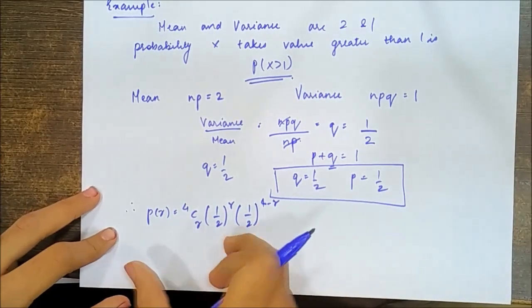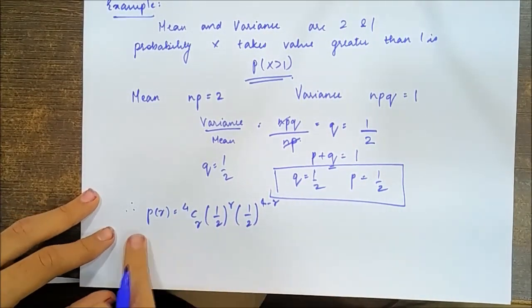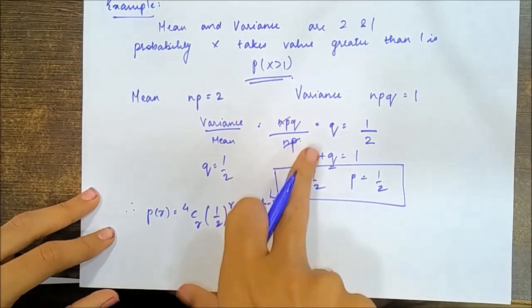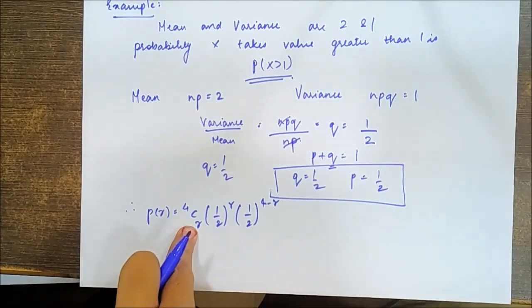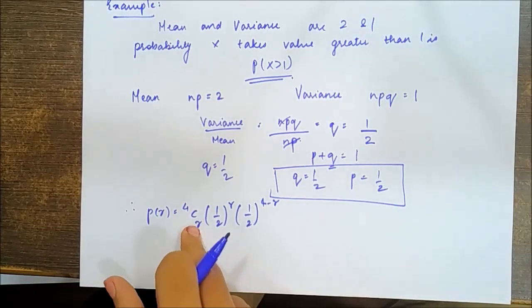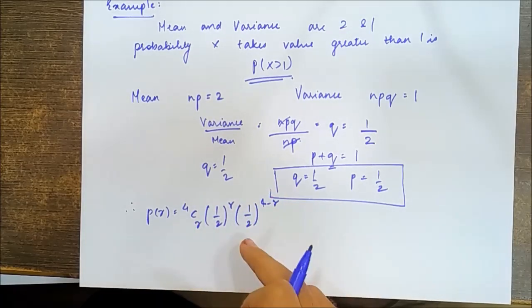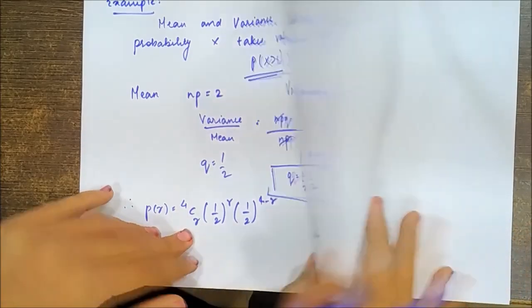So what we have done is basically substituted the formula here, that is P(R) is equal to nCR. N is nothing but 4, because I found out N is equal to 4 by substituting here. So N is 4, so 4CR (1/2)^R (1/2)^(4 minus R). Okay, so now what we do is